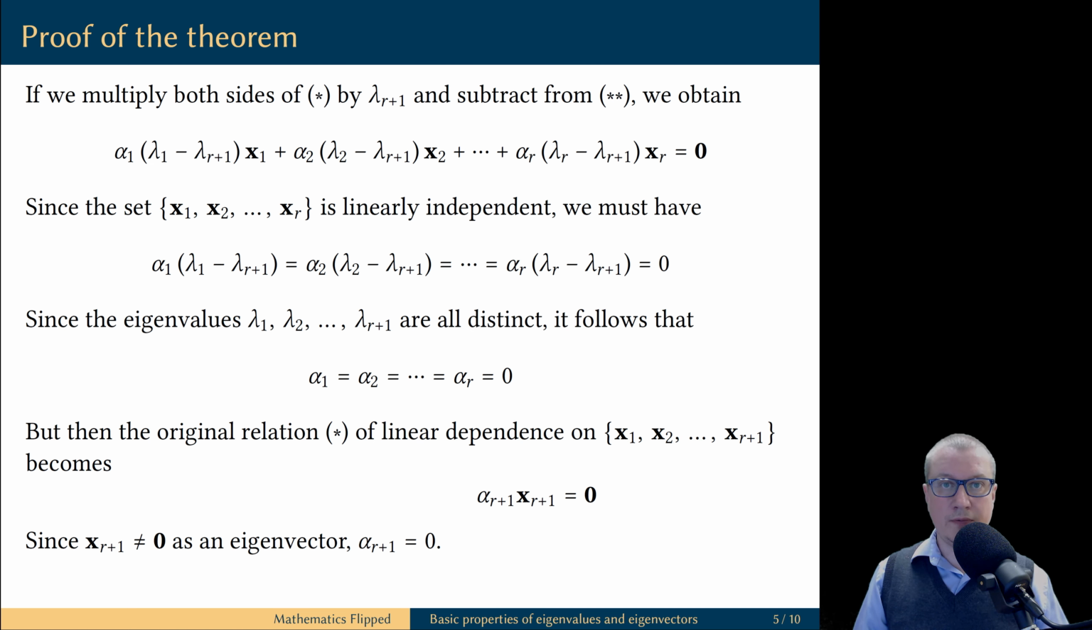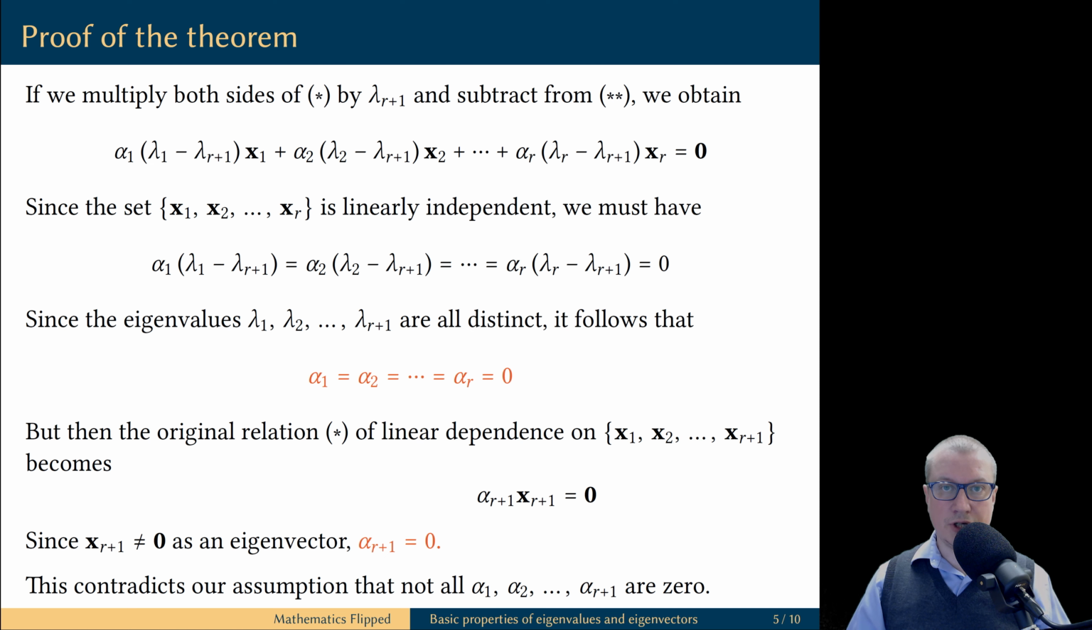And so the only way for this relation to be true is for the scalar alpha r plus 1 to be equal to 0. So we just proved that all scalars from alpha 1 up to alpha r plus 1 must be equal to 0. But this contradicts our assumption that we had a non-trivial relation of linear dependence, which meant not all of these scalars could be equal to 0. This contradiction was caused by our assumption that the set of eigenvectors is linearly dependent, therefore it must be linearly